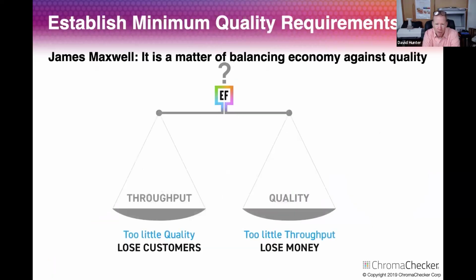Now, how this plays is this: establish the minimum quality requirements. Quoting from James Maxwell, it's a matter of balancing economy against quality. Too much throughput, meaning too little quality, you lose customers. Not enough throughput and too much quality, you lose money. So it's